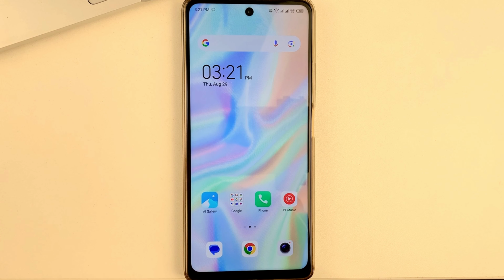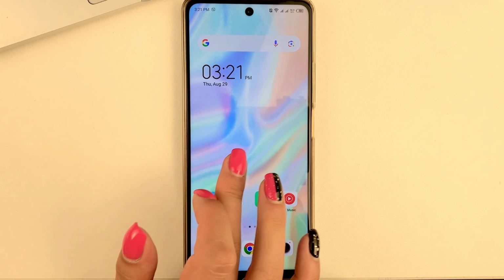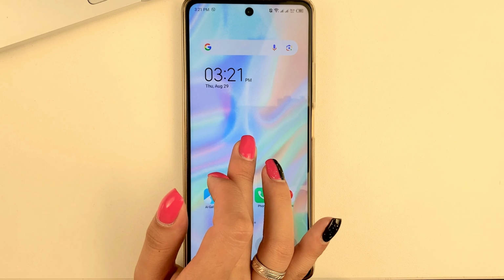So friends, let us get started with this topic. First of all, you will need to find widgets to manage them. How to do that? You will need on your Android device to tap and hold on an empty field where there are no apps. It goes like this. You press, you hold.